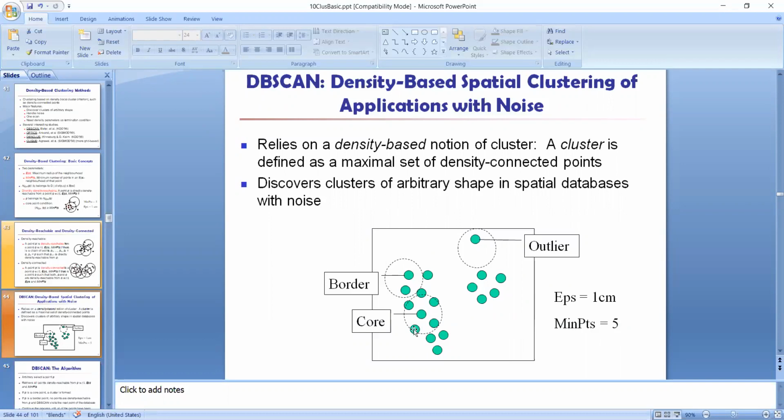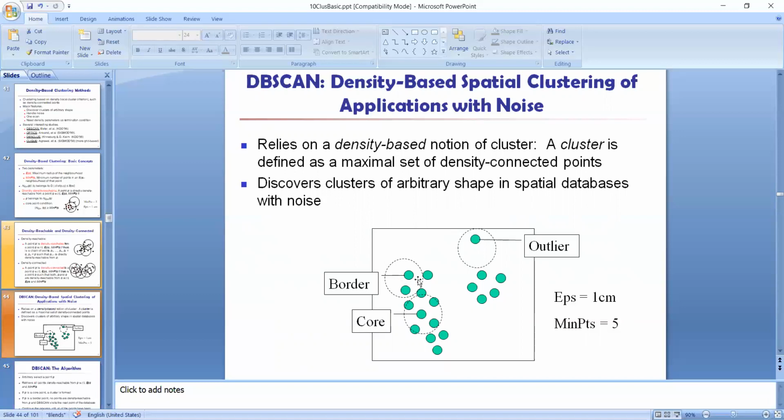Now if I'm taking this point, if I'm drawing another circle, no, it's not a core point. So what was the condition for a point to become a core point? Within the given epsilon neighborhood, it should satisfy the minimum number of points. Now take this particular point. For this epsilon I can draw this particular circle. Now is it satisfying the minimum number of points? No. Sorry, 1, 2, 3, only 3 points are there within that particular neighborhood. So it is not satisfying the minimum number of points.